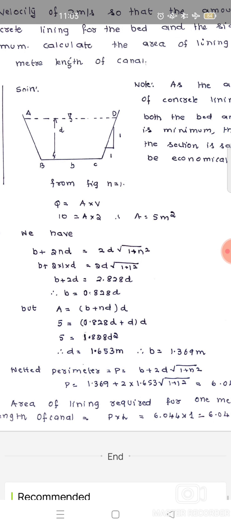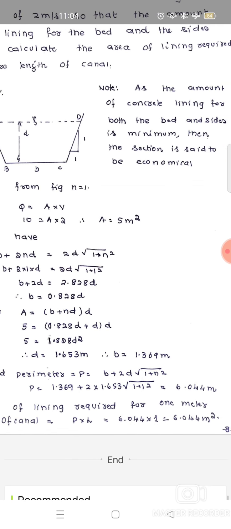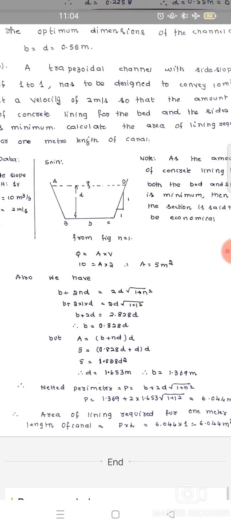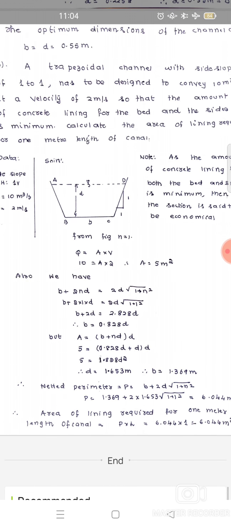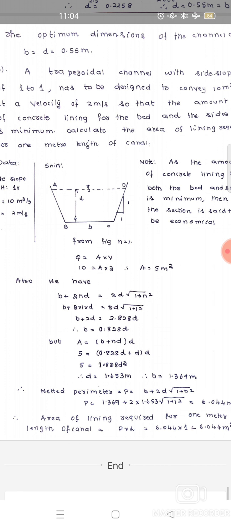So wetted perimeter will be P is equal to b plus 2d into square root of 1 plus n square. That is P is equal to 1.369 plus 2 into 1.653 into square root of 1 plus 1 square. So perimeter is 6.044 meters. Then they ask you to find out what is the area of lining required for 1 meter length of the canal. That is P into L. It's very clear. So perimeter into length. Perimeter is 6.044 into 1. So the area required for 1 meter length is